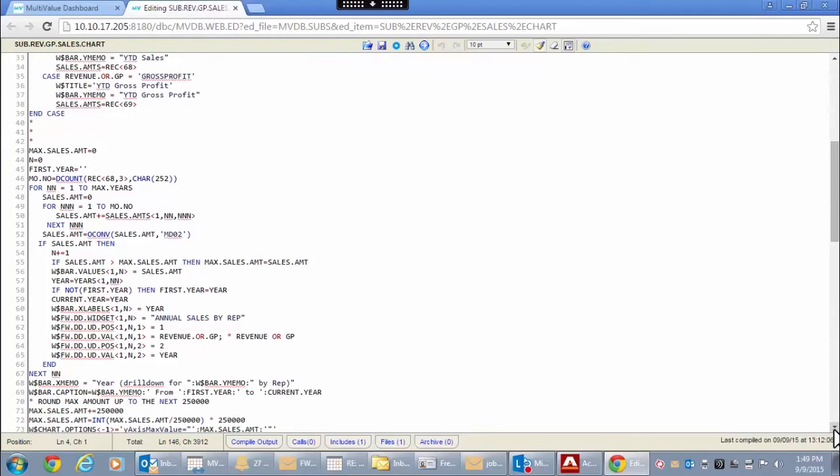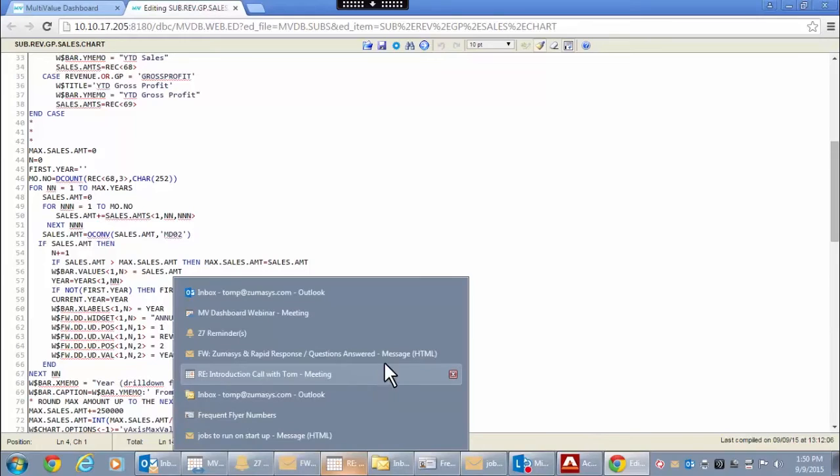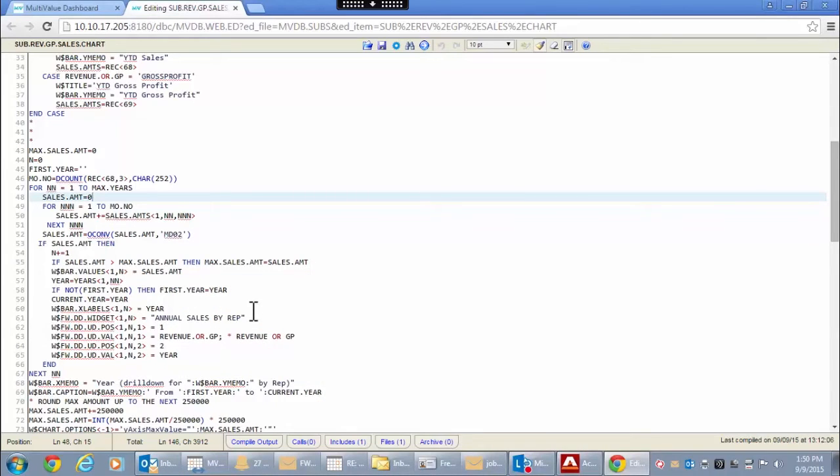Here at lines 60 through 65, we're actually going to define a drill down. Now you remember we were in the year on the sales, and we could click on one year and it would show us the sales reps and what they'd had for that particular year. And we define what widget at line 62 is going to be called if we do the drill down. We are putting into element 1 of the user widget data array the value of revenue or